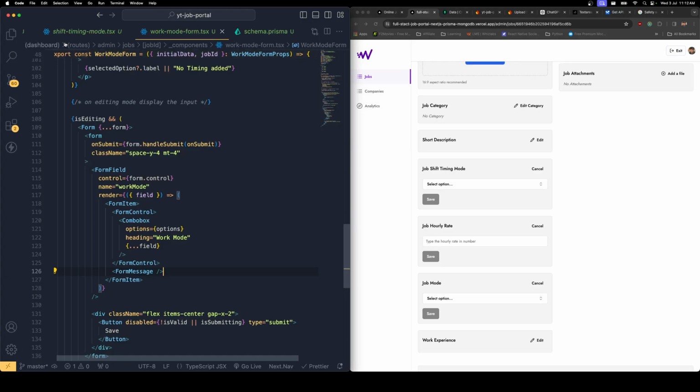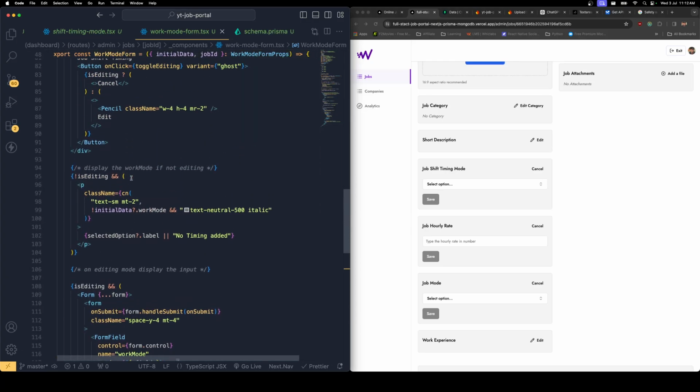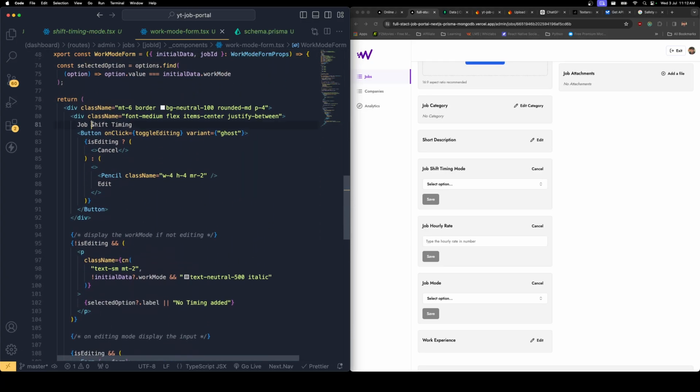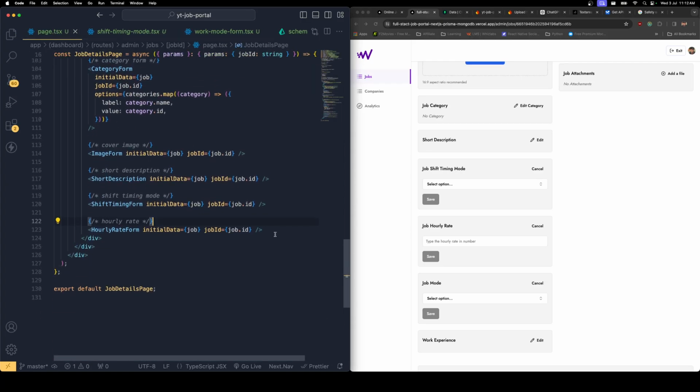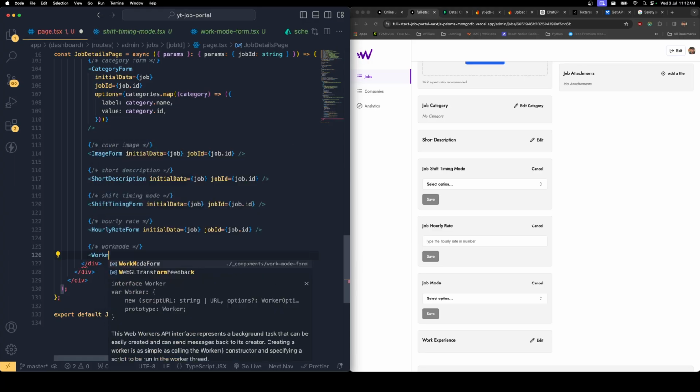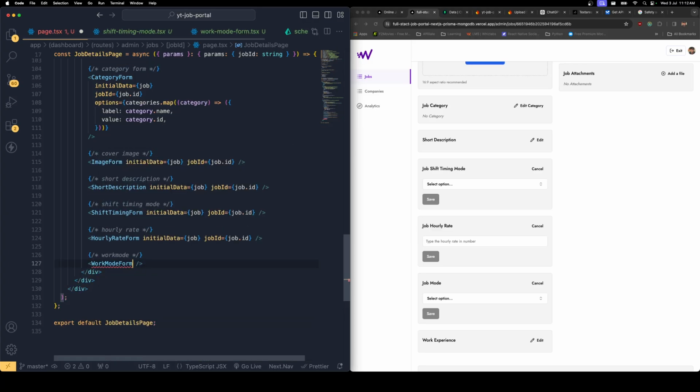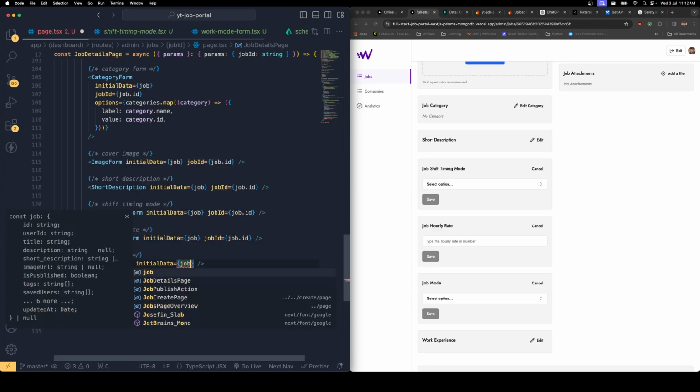Save these changes and let's get back to the top section. Instead of shift timing, this is going to be job work mode. Save these changes and let's get back over here, and right after here I'm gonna say this is going to be the work mode, and here we need to bring the work mode form and we need to supply the initial